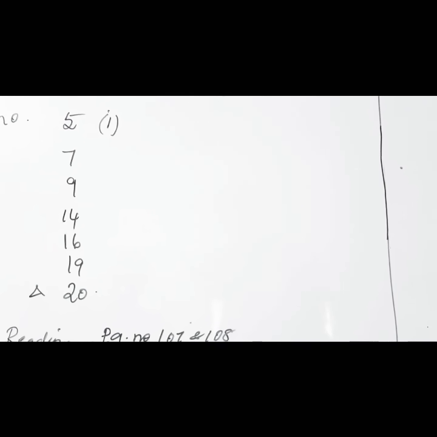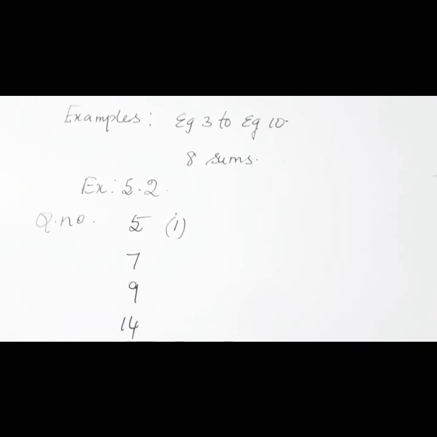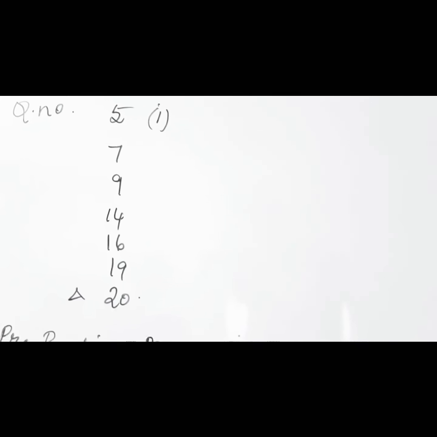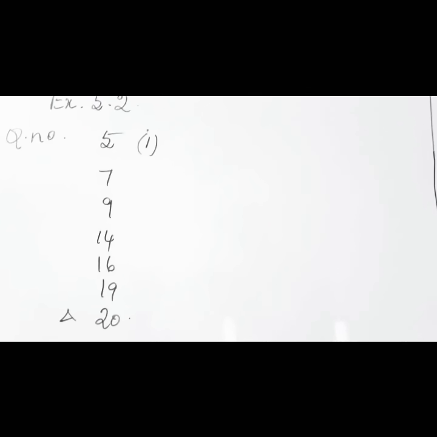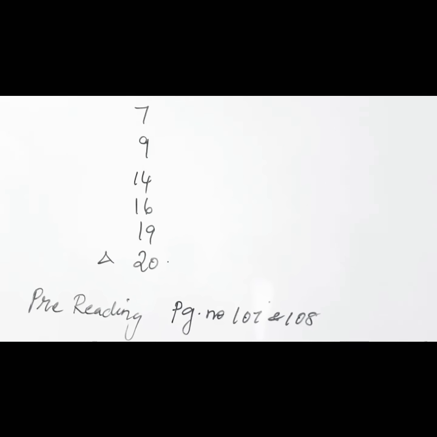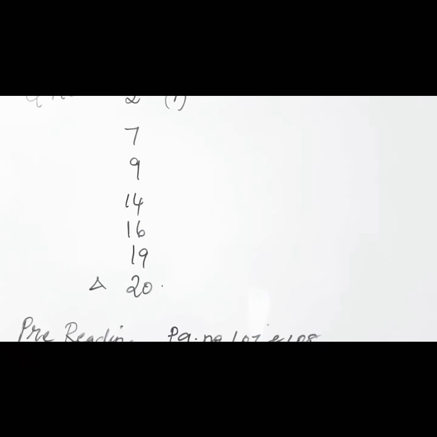Now when you come to the examples, as I told you, in example 8, go for the alternative method to find A11 from the end of an AP. Do solve all the example sums, don't copy. Go through the sums and then write them in your homework notebook by yourself. And there is one more request from my side.